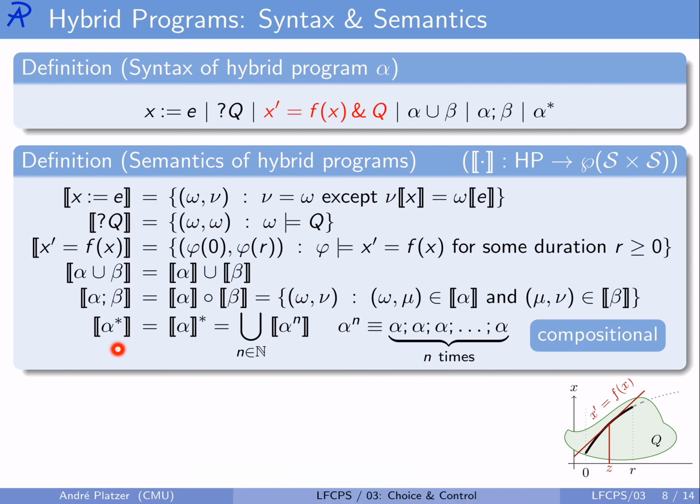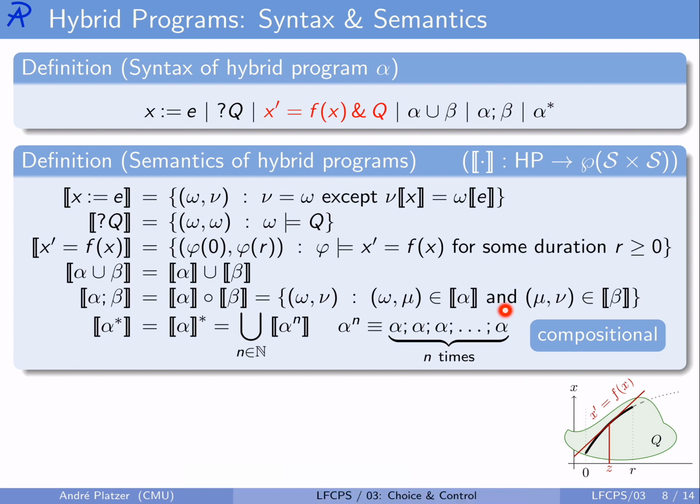The meaning of a non-deterministic repetition operator is that it has all the behaviors that alpha has any number of times, which can either be defined as the reflexive transitive closure of the relation that corresponds to the meaning of alpha, or it can be defined as the union over any natural numbers n of the behavior of alpha power n, where alpha power n is just the n-fold sequential composition of alpha. So alpha, semicolon alpha, dot, dot, dot, semicolon alpha,